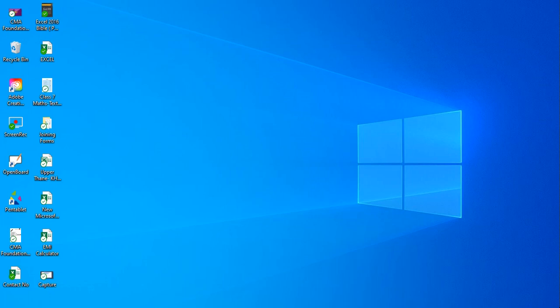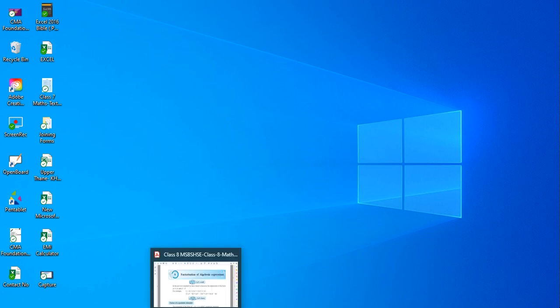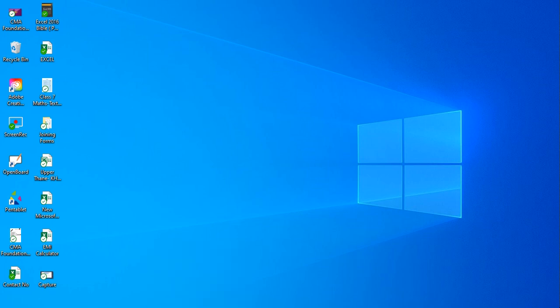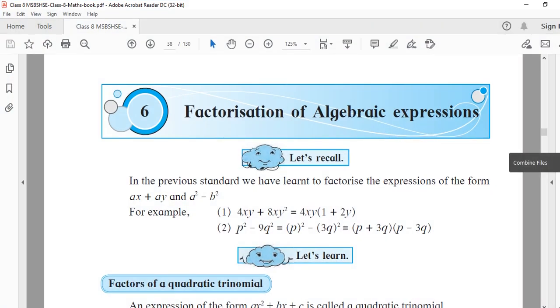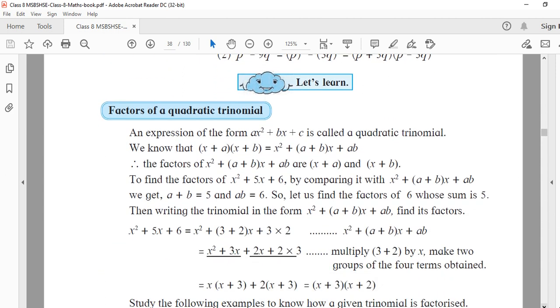हेलो स्टूडेंट्स, वेलकम बैक टू माय चैनल। आज हम स्टार्ट करने जा रहे हैं विद सिलेबस ऑफ क्लास 8। यस, सिलेबस ऑफ क्लास 8 एंड वी आर गोइंग टू कवर चैप्टर फैक्टराइजेशन ऑफ अलजेब्रिक एक्सप्रेशन। आज हम सीखने वाले हैं हाउ टू फैक्टराइज अ क्वाड्रेटिक इक्वेशन बाय स्प्लिटिंग द मिडल टर्म्स।